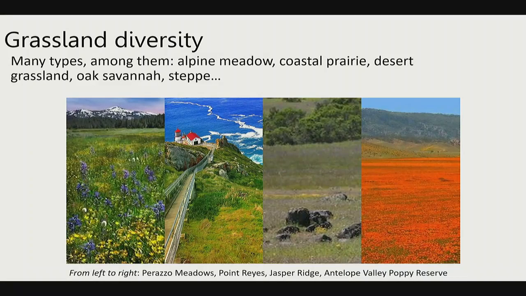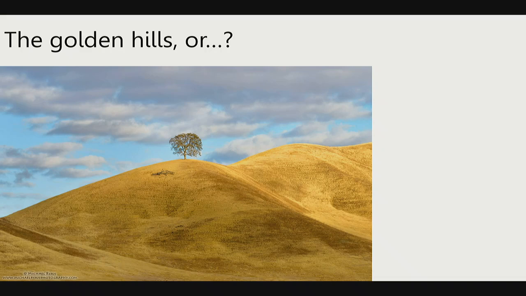We have places like Jasper Ridge, sort of this chaparral-y, a lot of shrubs, but broken grasslands out by the Bay Area. Ever been to Jasper Ridge? It's owned by Stanford in part, and it maintains one of the longest running monitoring stations for climate change in North America, at least. And then places like Antelope Valley, further south. This is actually specifically called the Antelope Valley Poppy Reserve because of these incredible blooms and this dominant community of poppies that exist down there. Anyone been to Antelope Valley? Yeah, cool spot, right?